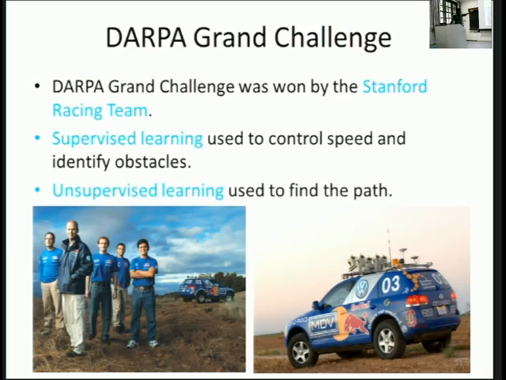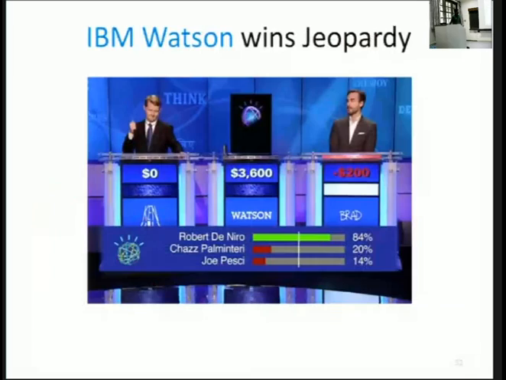So the other one is unsupervised learning. Unsupervised learning is like there's an image, there's a camera up front. There's actually more than a camera. These 5 of them are lasers, I suppose, and a lot of sensors. There's also a camera there. Camera can see the road. Now what you want, if you have the road, you want to separate the road from the grass or the pavement. Right? So in that case, they do this image segmentation, which probably uses unsupervised learning algorithms. So that is one of the success stories of machine learning.